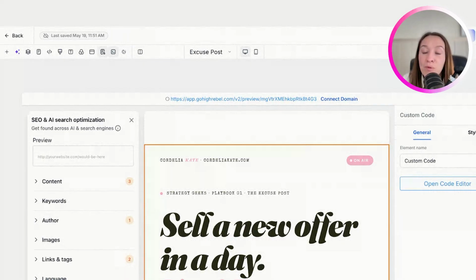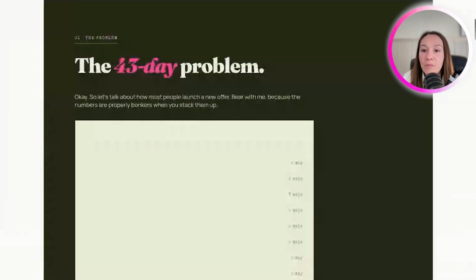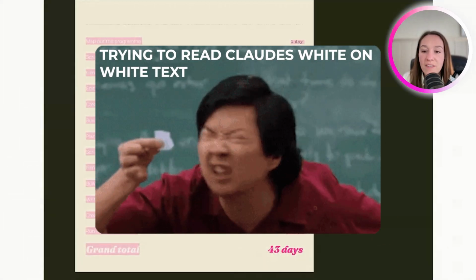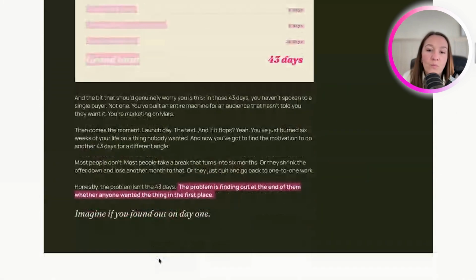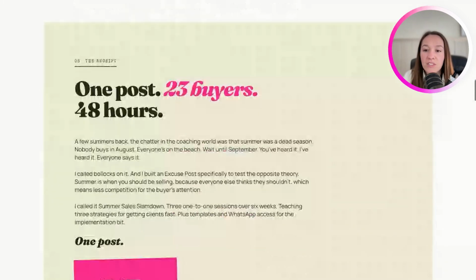Obviously, there are massive problems with this page because we can't see the text in places, but that's fine. I would have gone through and surgically edited that, as you know. So we're happy. Here's the page in preview mode. Obviously, there are problems with it. Like, it's got white on white, so you can't see some of this stuff. All things that I would have gone through and edited before putting it into Go High Level, but just for